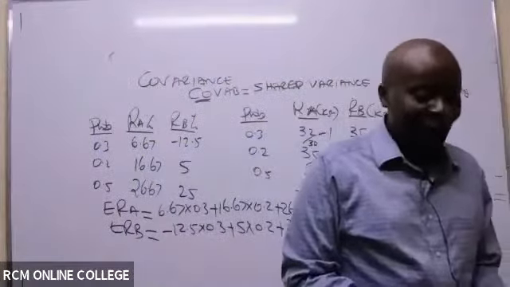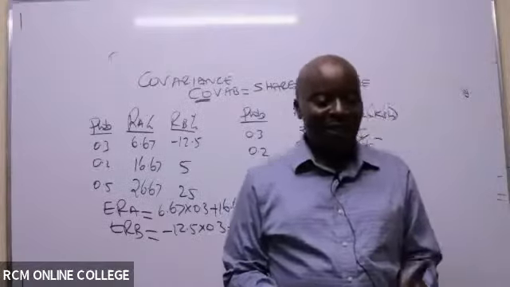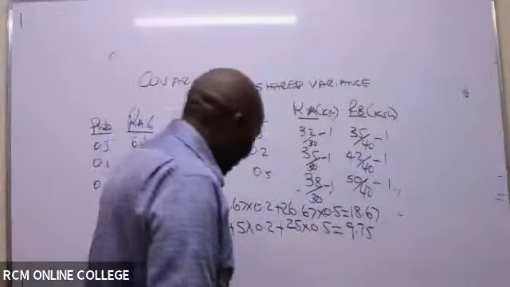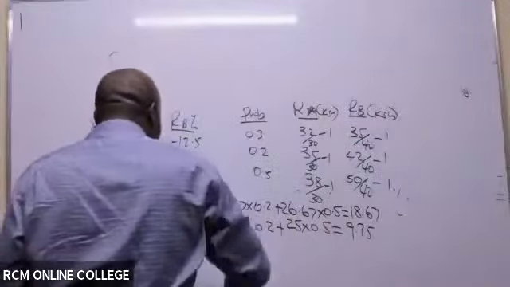So covariance is the shared variance. Now I want you to understand from the beginning to the very end. When we talk of covariance between A and B,